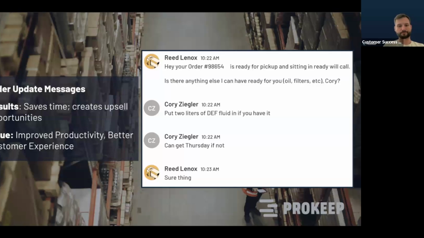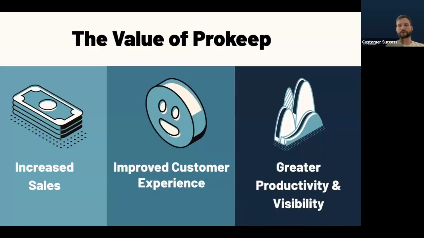So in short, some of the value drivers of Prokeep is to help distributors increase their sales volume by ultimately streamlining the frequency of interactions and how much time it takes to support those interactions with your customers, giving time back both to your customers and to your teams so that they can help the next customer that's seeking their support, and thereby also improving the customer experience, again, reducing the likelihood of mistakes or inaccuracies,